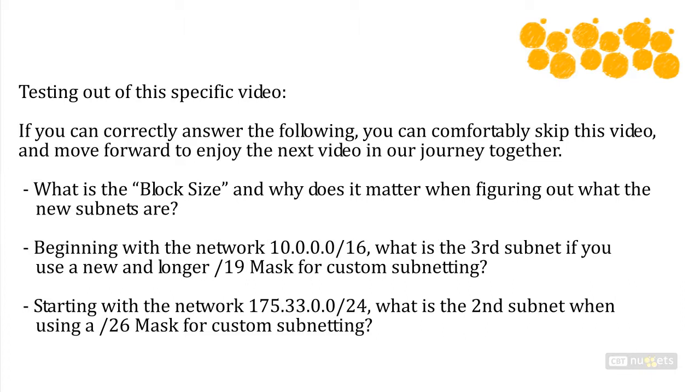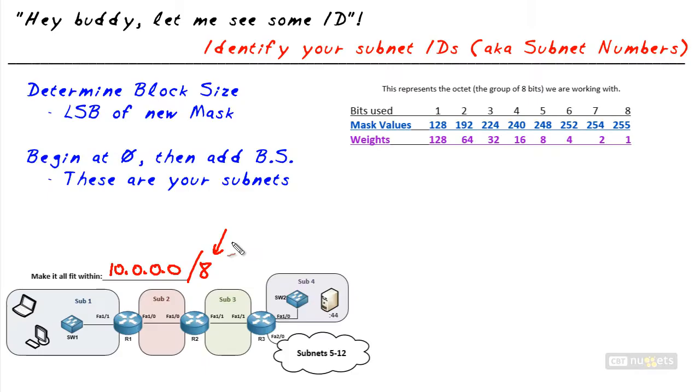Present. Now if you're saying, okay Keith, that's easy. 8 represents the fact that the first 8 bits of this address right here that we're looking at represents the network, which also implies that the last 24 bits are all host addressing space. That is perfect. My other question for